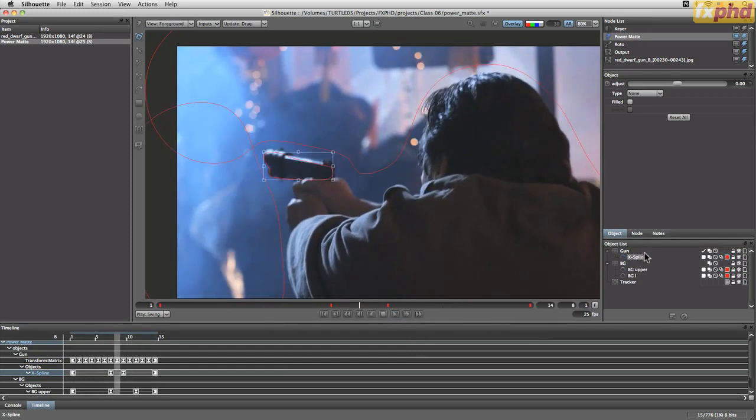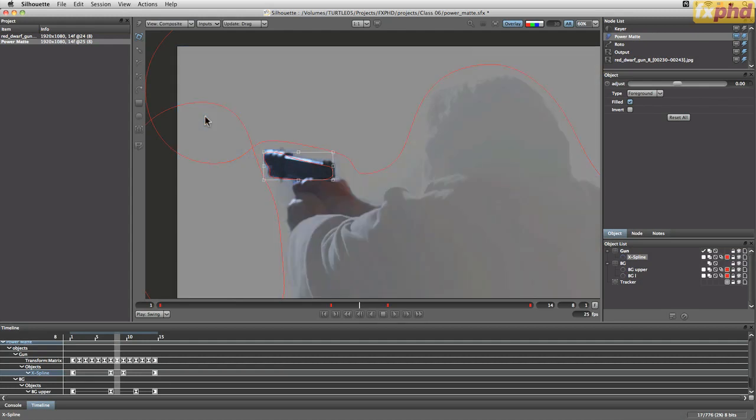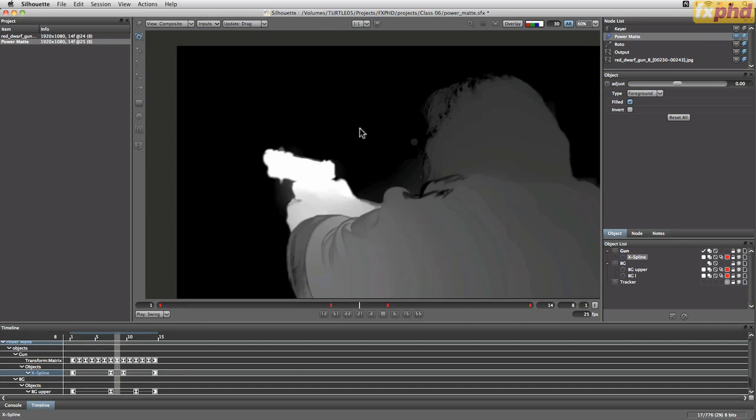And again, we have to define what sort of object this is. So come out to our type. This is a foreground. This is also filled. Cool. So now I want to come into my composite. It takes a little while just to think about this and process this frame out. But what it's doing now is it's generating up, let's turn off my overlays, it's just generating up a map based on these shapes that I've given it. So let's have a little look. And if I process this through,